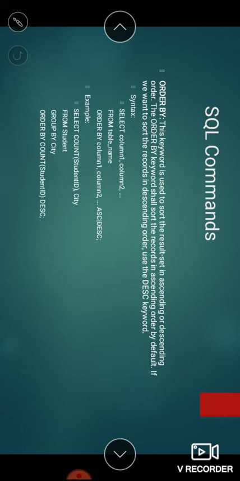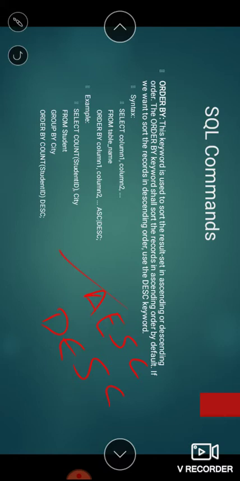So you can specify the name field, and if you want to arrange using id, you can also do that. This keyword is used to sort the result set in ascending or descending order. The order by keyword sorts the records in ascending order by default. You can change it to descending order also. For this we have the keywords ASC and DESC. DESC is for descending order and ASC is for ascending order. By default, ascending is taken.